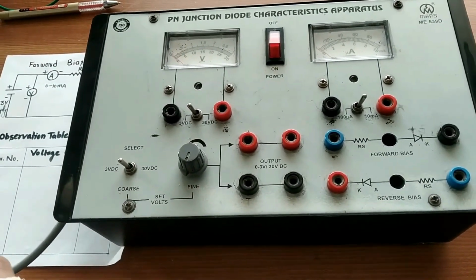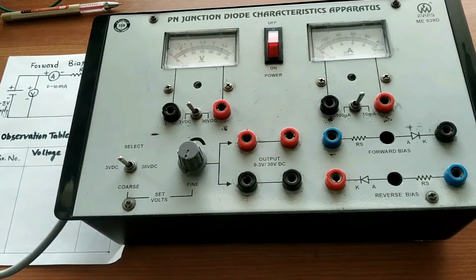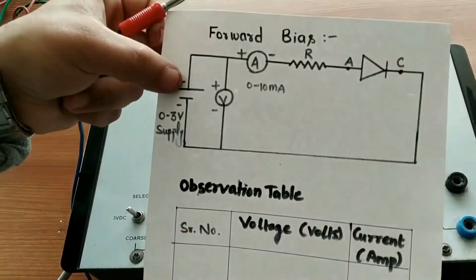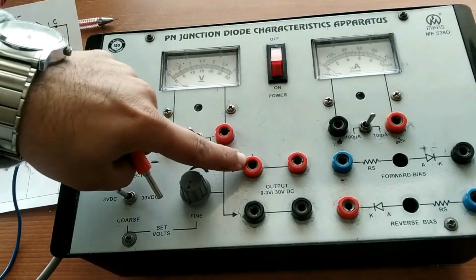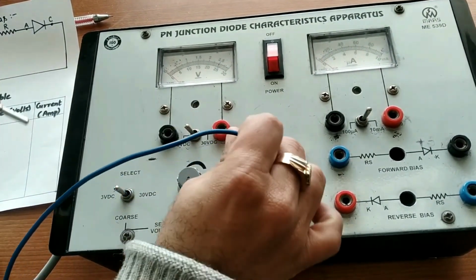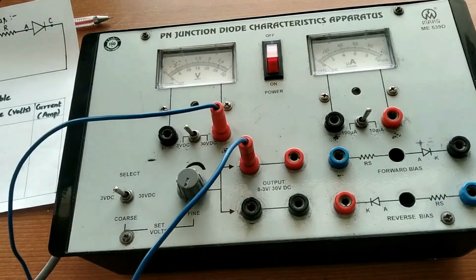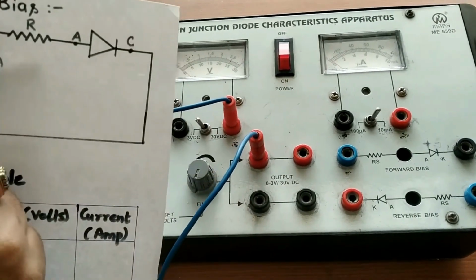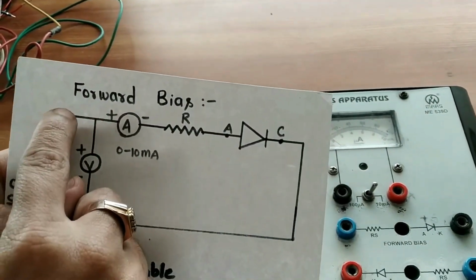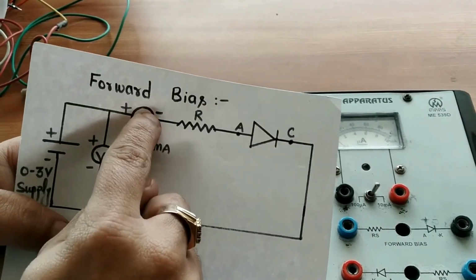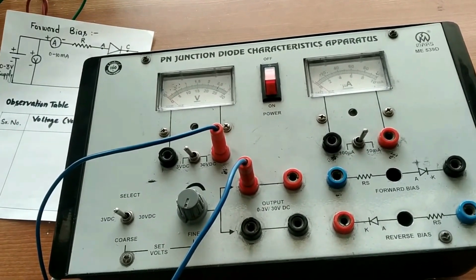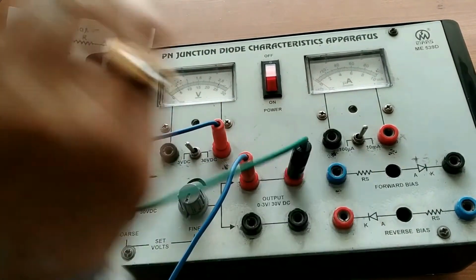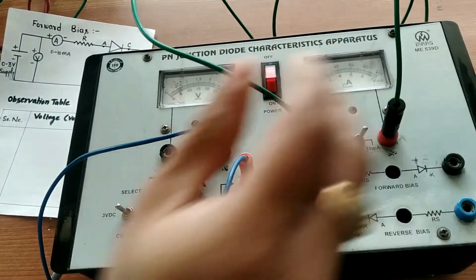I am going to connect. First we have to take a wire. You can see that we have got a positive. This positive is being connected to the positive of a voltmeter. This is my positive supply of the battery, so I will connect this positive supply with this. Then you can see this voltmeter positive and the positive of the battery is being connected to the ammeter. So I will take one more wire, and I will connect it to the ammeter.